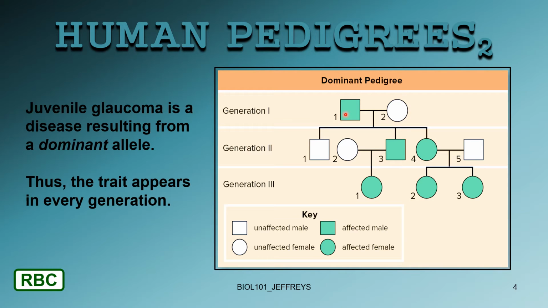expressing the trait. So here the trait is expressed, or an affected male. Here we see the trait not expressed, so this is an unaffected male. Circles represent females, so here we see in this female, the trait is not expressed, unaffected female. And here we see a female where the trait is expressed, affected female, okay? And so here you see an affected male crossed with, or mates with,